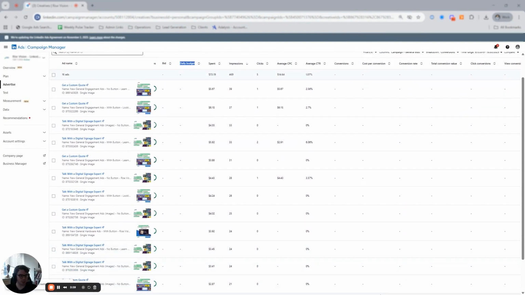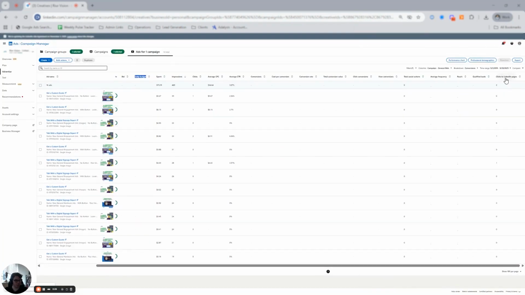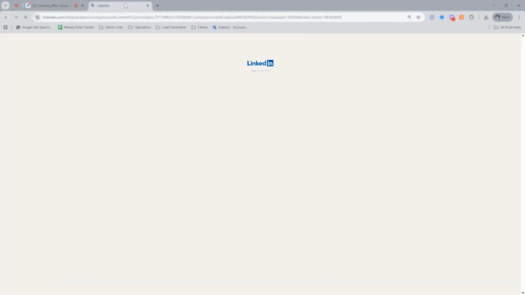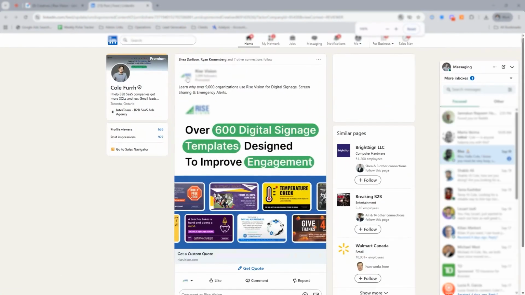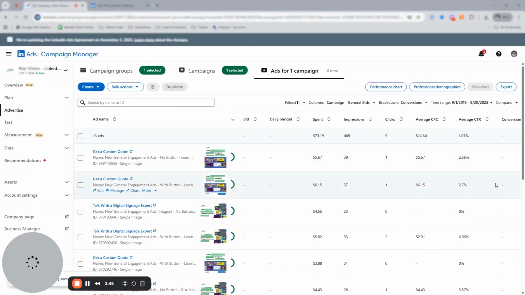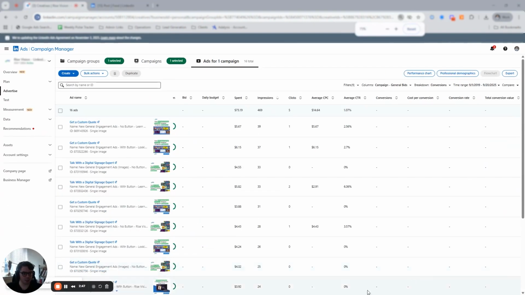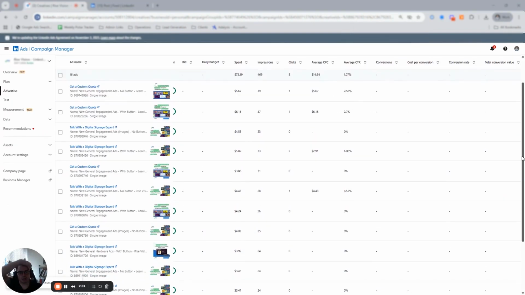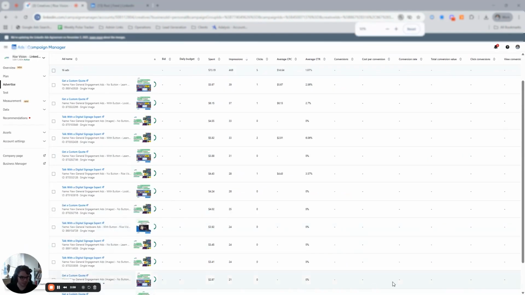One that I really like adding is this clicks to LinkedIn page. You get quite a few people who will, instead of clicking on the ad itself, click on the company icon in the ad. So having the clicks to LinkedIn page metric adds just another KPI for you to look at that shows some level of intent. The other reason I like it is